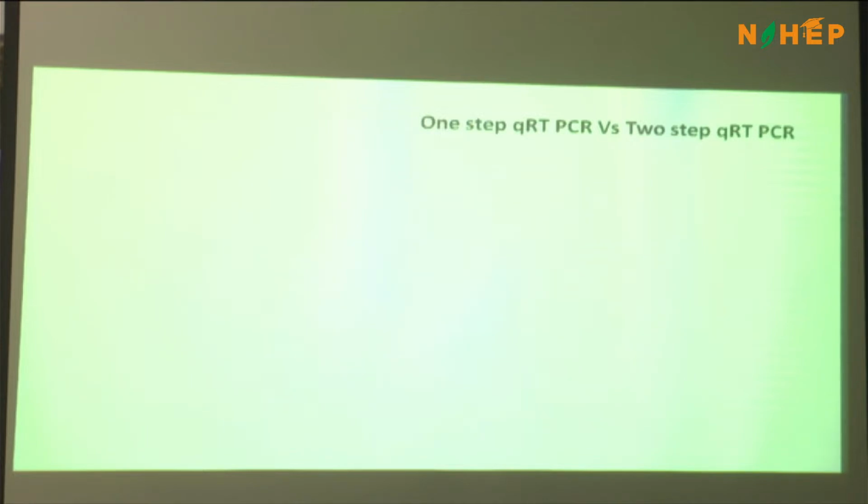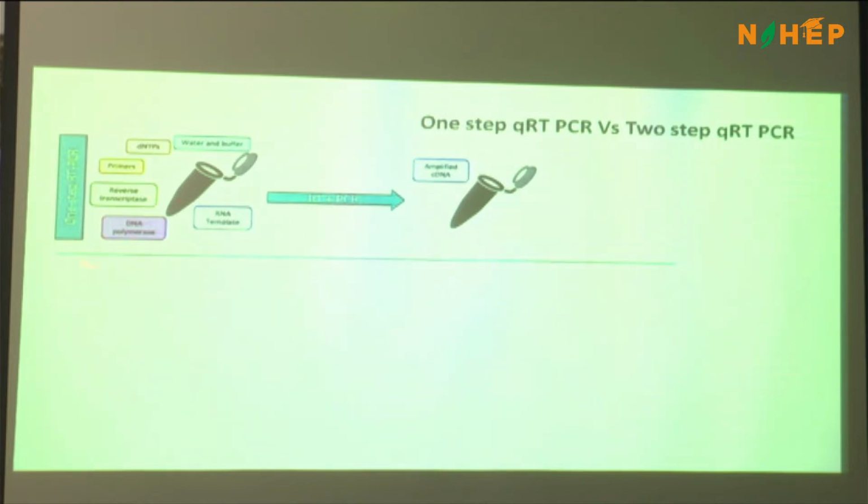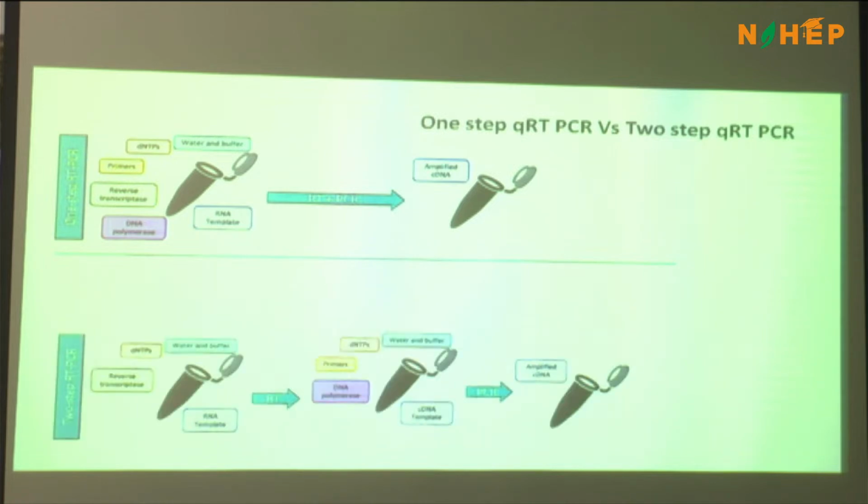There is not much big difference in terms of actual experimentation. The fundamental difference is something like this. In one step, you have everything in the same tube. In addition to the conventional PCR recipe, you are going to add reverse transcriptase enzyme. Instead of a DNA template, you are going to add RNA, and also you are going to add the fluorescent dye if it is dye-based qPCR. Okay, and set up the normal PCR, and I set up the PCR in the real-time machine, and you start